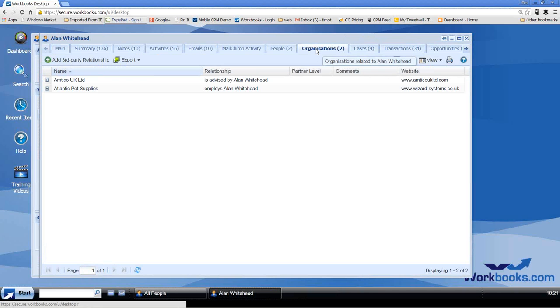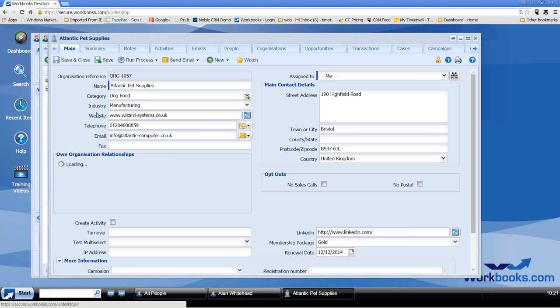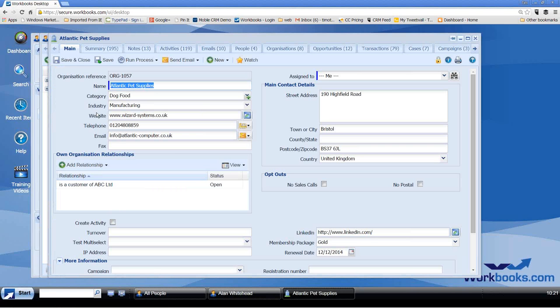Now, who does Alan work for? He may work for a company, may be on his own. But here we can see he's actually associated with a couple of companies here. But his employer, his main company, is Atlantic. So if I click on Atlantic, there we are. This is now a record of a company, an organization. And just like the screen we had with Alan, we can customize this screen, take fields away, add fields to it. So easily done, no programming required.